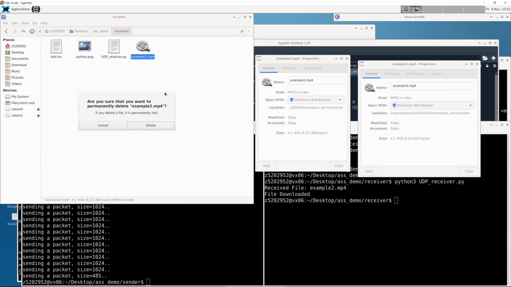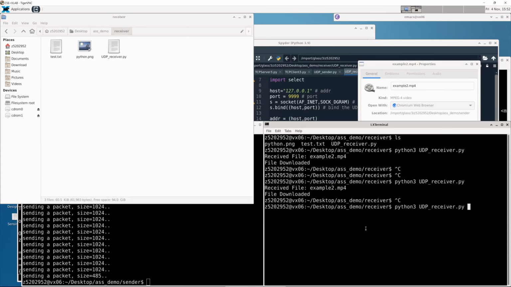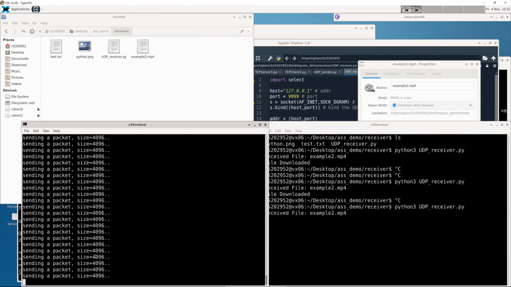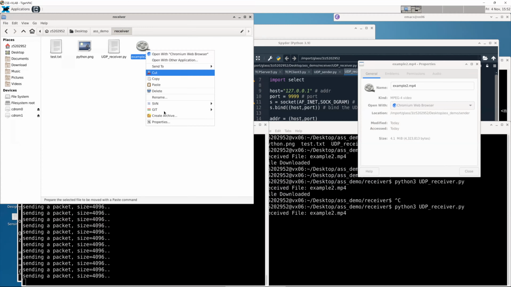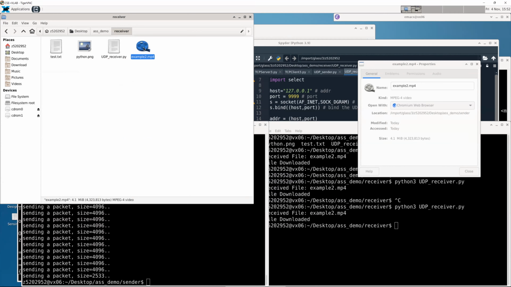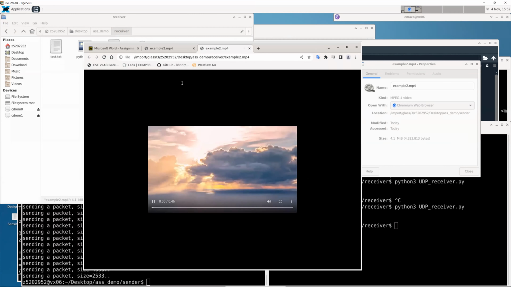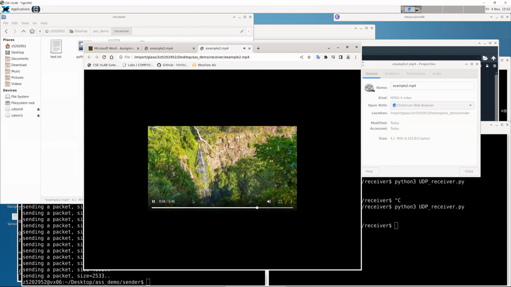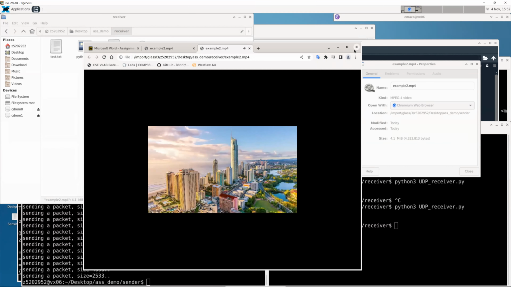receiver, delete, receiver example. Okay, still not pretty good, right? Because we may need to make sure it has some. Oh yeah, let's try to play it. But okay, not too bad. Yeah, so this is a trade-off,